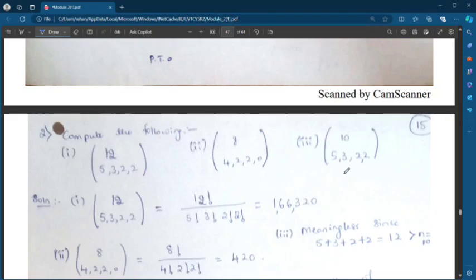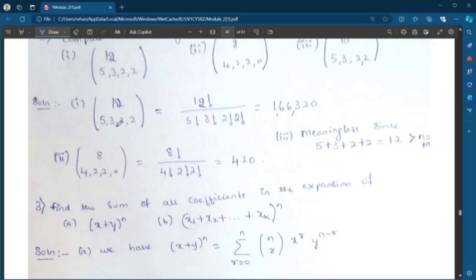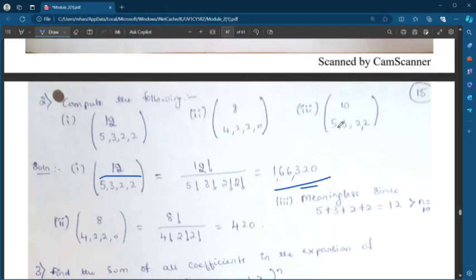2, 0, 10, like that. Okay, first see, 12, 5, 3, 2, 2 is equal to 12 factorial. It's very simple. Whatever is given, just add factorial, divide it, and every term factorial into factorial, like that. You will get the answer. Second term, 8 factorial divided by 4 factorial, 2 factorial, like that. Simple, you got it. And third one, see here, 10 factorial divided by 5 into 3 factorial into 2 factorial into